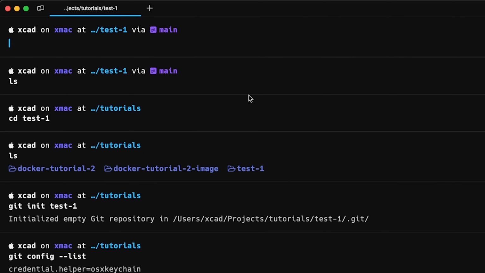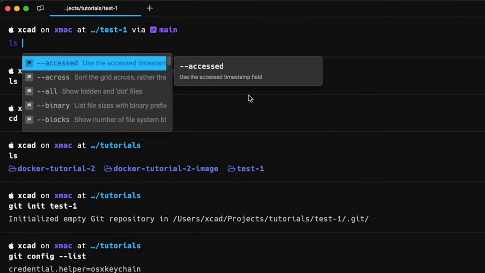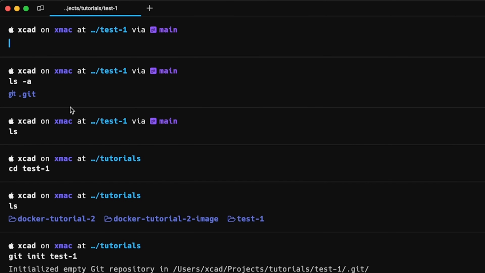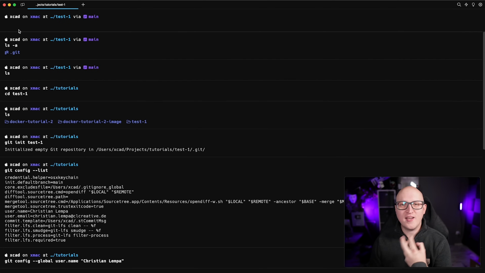And as you can see, this is empty, but if you execute an ls -a command, you can see there is a hidden folder that is called .git. And in this folder, Git stores all the configuration, the history, the file tracking changes, everything that it needs for this repository. And you can also see, once I entered this Git repository folder, that my terminal prompt changed a bit because I've installed an extension to my terminal that looks for if there is a .git folder somewhere inside. And if it is, it prompts some information about this Git repository